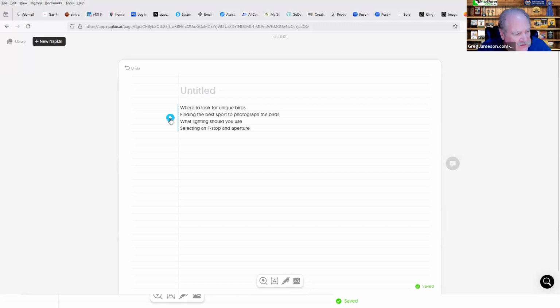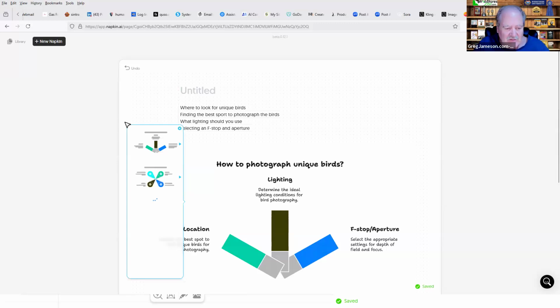Then you click on the little lightning icon next to it. And what it will do is it will take whatever information you gave it and generate a napkin style graphic about the information that you just put in there.